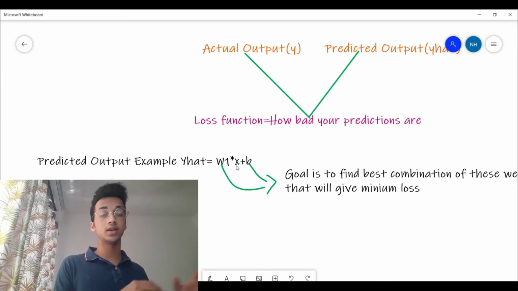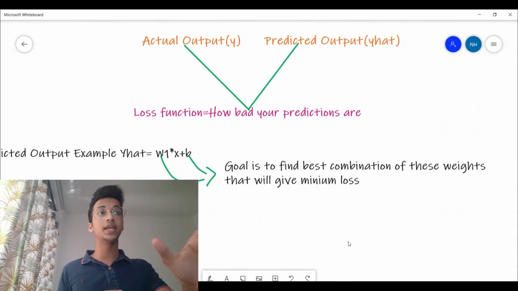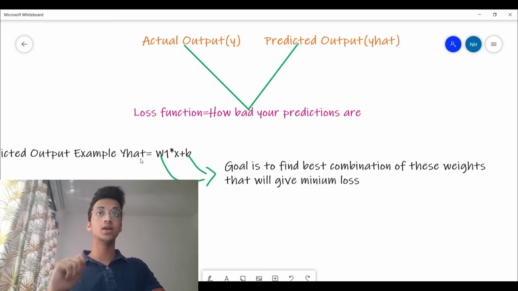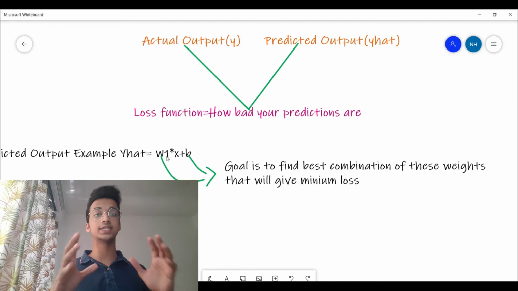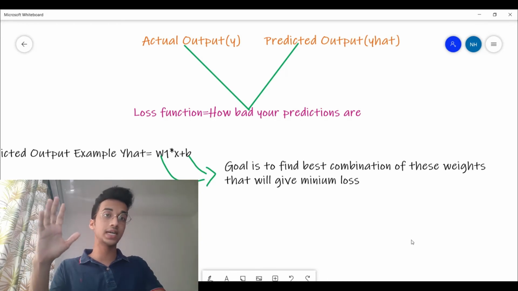Irrespective of linear regression, in any model, the goal is going to be to find the best combination of these weights that will give you a minimum loss. For example, let's say the desired output temperature for a particular day is 10 degrees Celsius, and you want to predict that. So y hat should be 10 degrees. So you're trying to substitute different values of w1 and b until you get there, right? That is the goal. You basically have to find the correct set of weights, or basically the correct importance of each input. So how does gradient descent exactly do this?